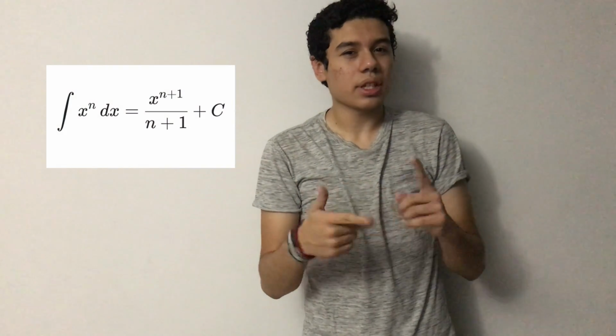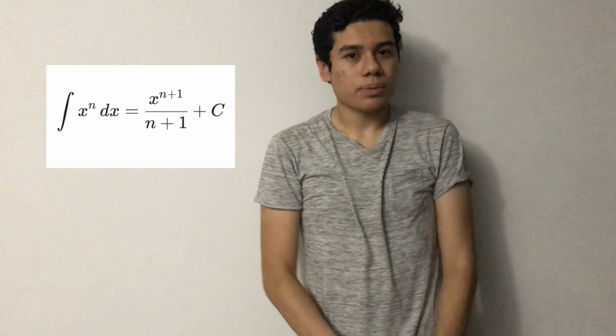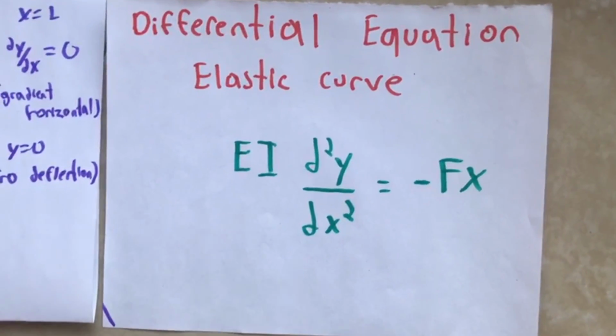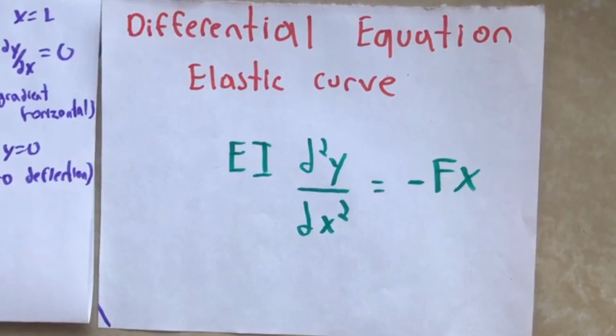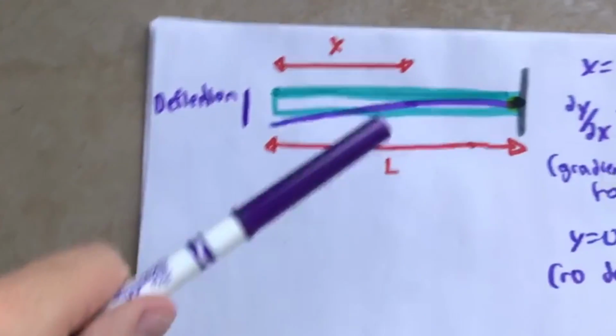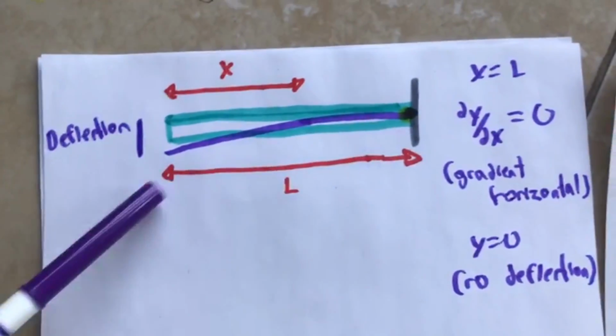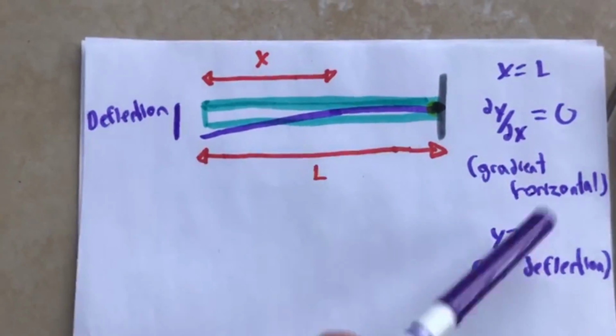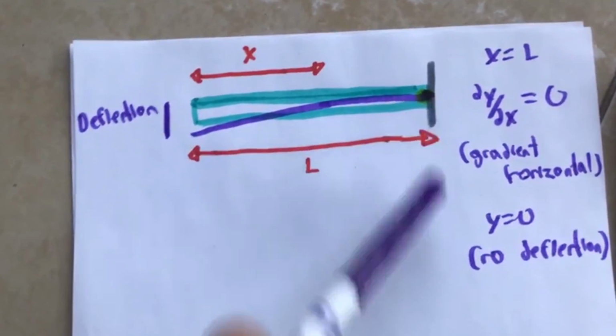But in this case, it is to integrate a formula to get a slope and a deflection using integration techniques, especially with powers. To get the elasticity and the deflection, we need to use the established formula of the differential equation and elastic curve. This states that there is an object and a fixed support, that is the black point. The fixed support gives us some data like the horizontal gradient, that is 0, and that there is no deflection